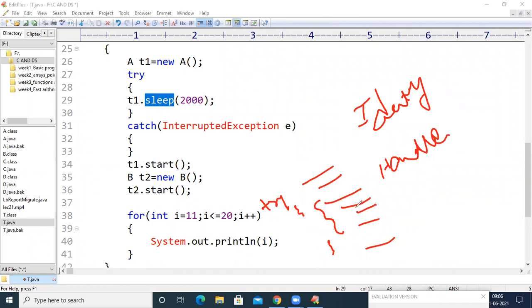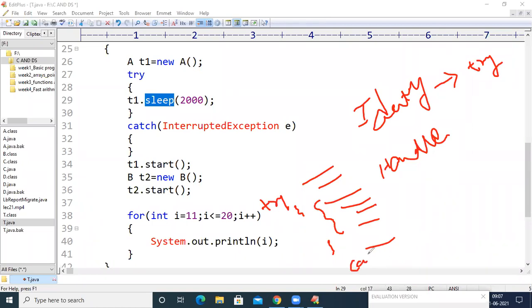If there is an exception within these 3 lines, the program will not be terminated and will not report an error. JVM is going to create an object for the exception class, and that object will be identified by this try block. Whenever an exception is there, we need to identify it first and handle it next. That identification is taken care of by the try keyword. And after identifying such an exception, the try keyword will find the matching catch block.